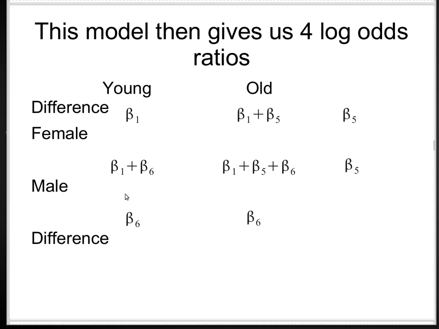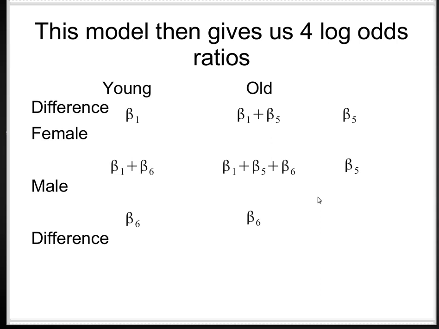What about here? Now we've got the difference between the men and the women for the young, and the difference between the men and the women for the old. And again, we get the same characteristic. So this difference between 2 log odds ratios, this minus this, is beta 6 plus beta 1 minus beta 1, and here we have beta 6 plus beta 5 plus beta 1 minus beta 1 plus beta 5. They're both beta 6. In other words, this is telling us about